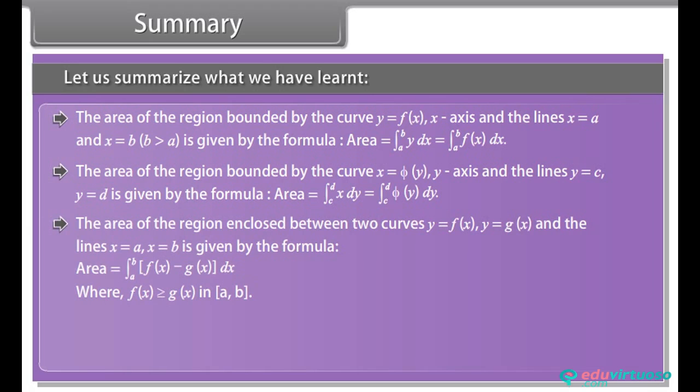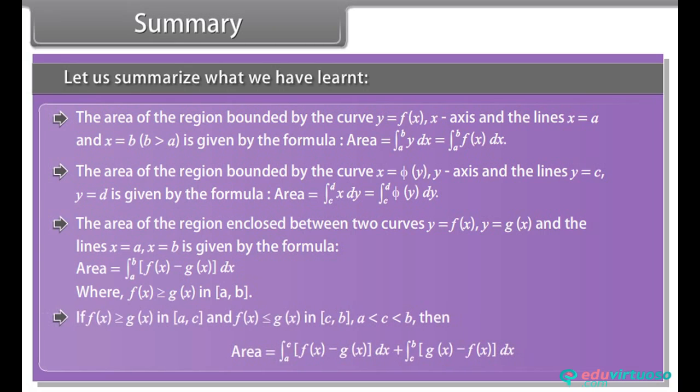The area of the region enclosed between two curves y equals f of x, y equals g of x, and the lines x equals a, x equals b is given by the formula given below. If f of x is greater than or equal to g of x in (a, c), and f of x is less than or equal to g of x in (c, b), a less than c less than b, then area can be formulated as